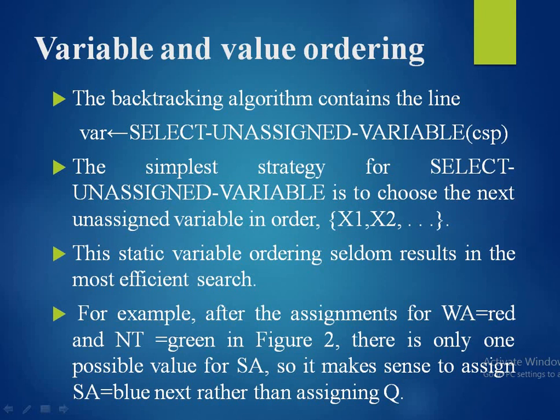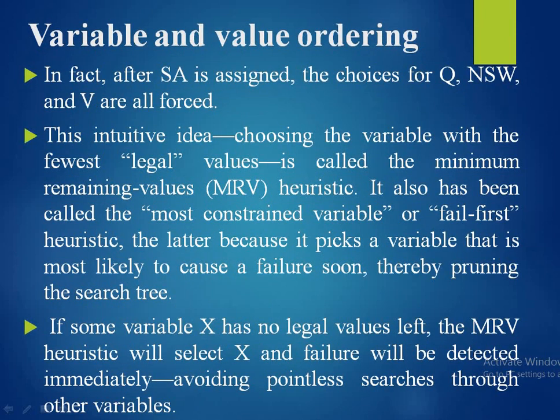For example, after the assignments for WA equal to red and NT equal to green in figure 2, there is only one possible value for SA, so it makes sense to assign SA equal to blue next rather than assigning Q. In fact, after SA is assigned, the choices for Q, NSW and V are all forced. This intuitive idea